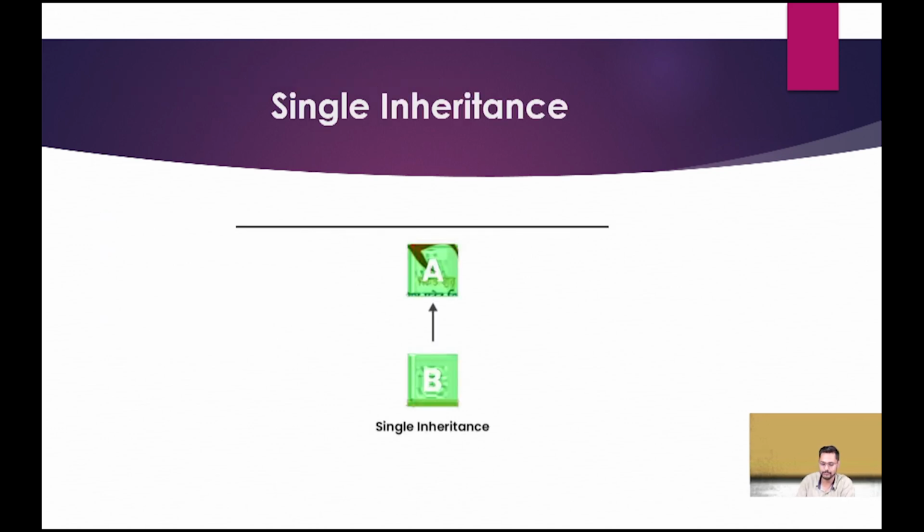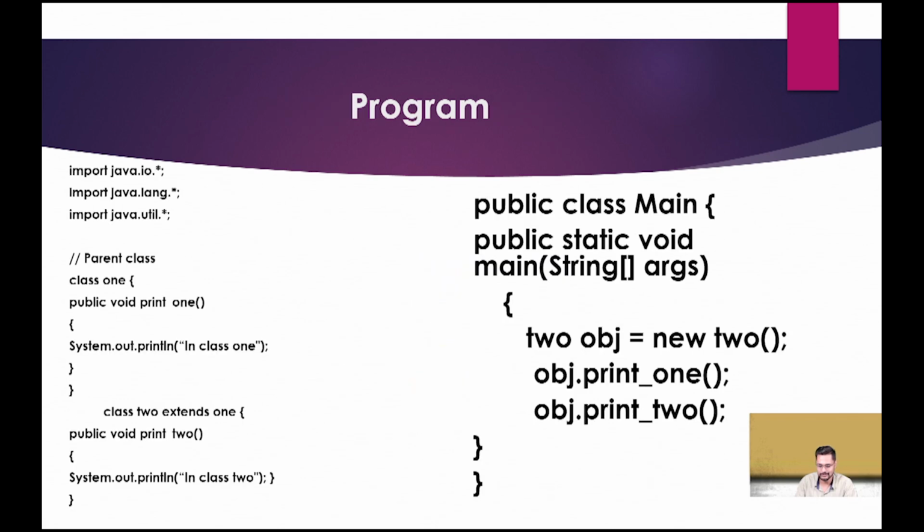So now we are going to discuss single inheritance. In this example, you can see that there are 2 classes. Number 1 is A, number 2 is B. It means A is your parent class, and B is your child class, right? So in single inheritance, in this example there is a code